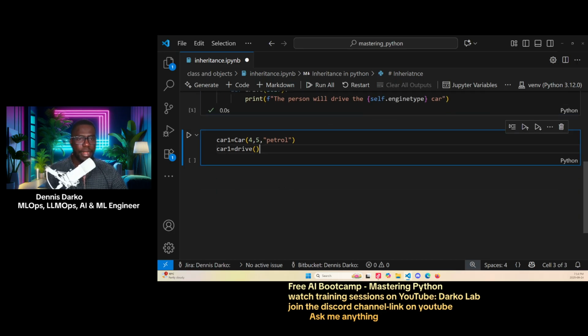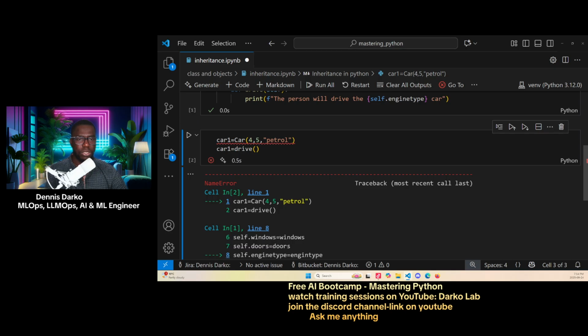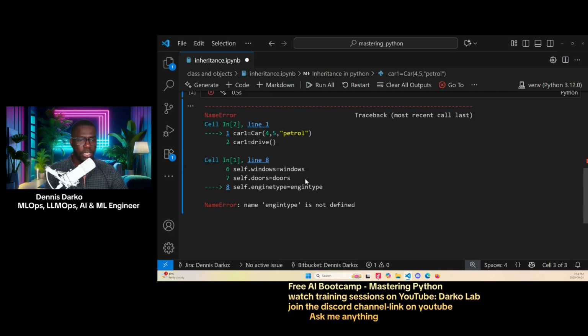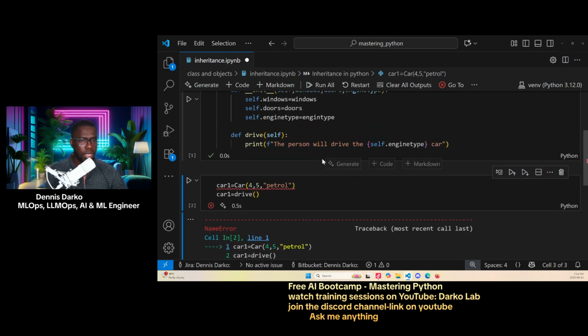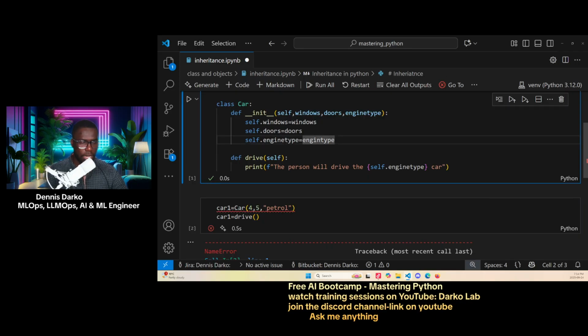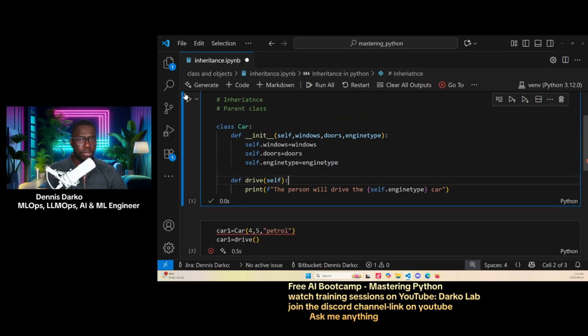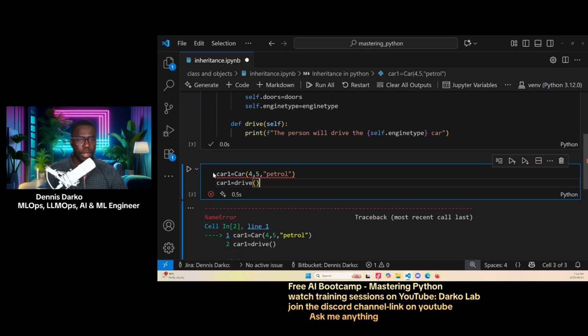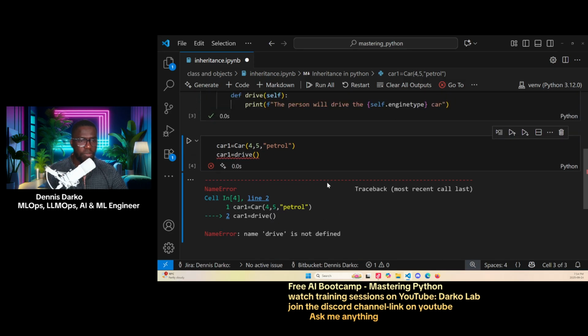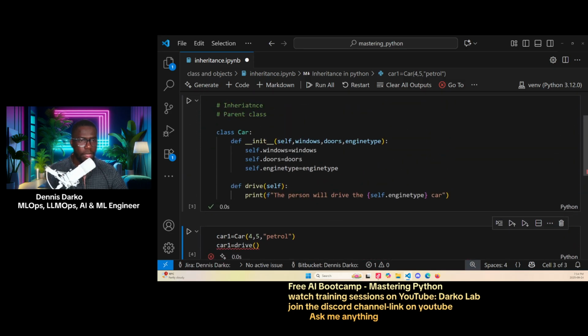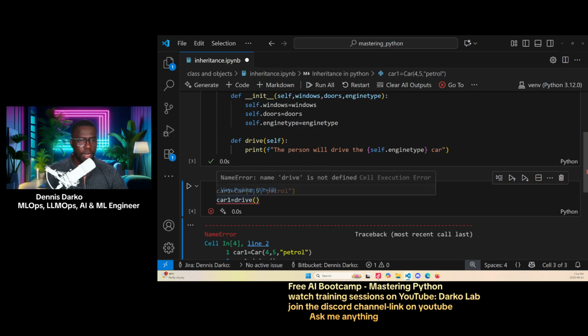Now when I come here and run this, car1 is equal to car with 4, 5, petrol, then car1 drive. So what's the error? Name engine type. Oh, okay, I spelled it wrongly. So let me go here and fix the spelling. Alright, let's run this again. Then we come here and run this one. What else? Name drive is not defined. Oh, sorry, I didn't bring the